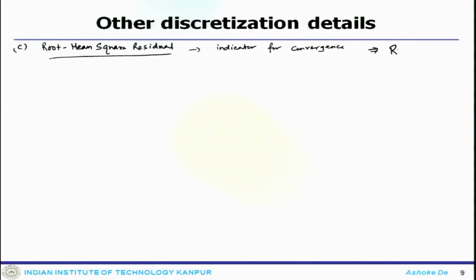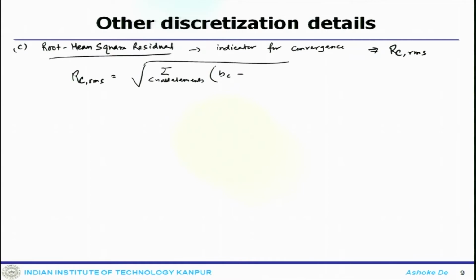You can represent it as RC RMS. Mathematically, this can be written as RC RMS equals the square root of the summation over all elements of